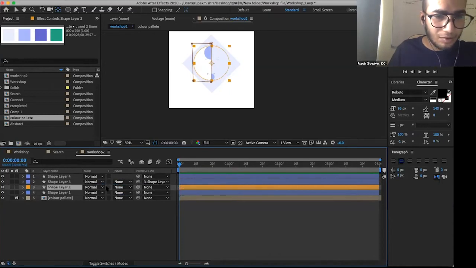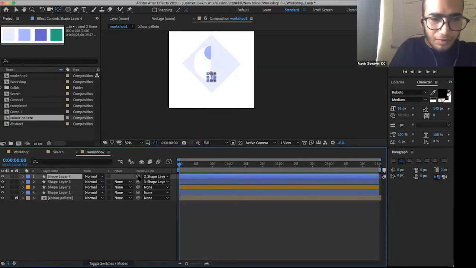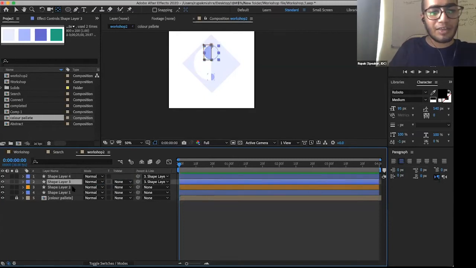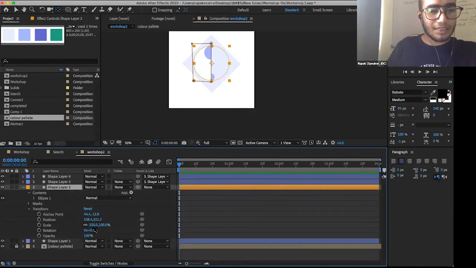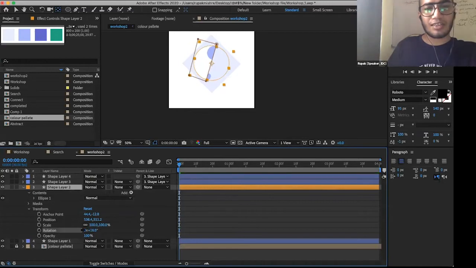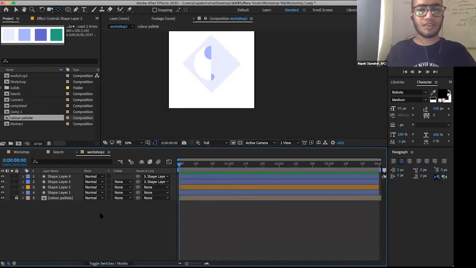Yes, this one too. So now our shape layer 4 and shape layer 3 are connected to shape layer 2. And after connecting, you can see if I rotate this, our other two layers will also rotate along with it. Okay. So for now, we'll not touch this.